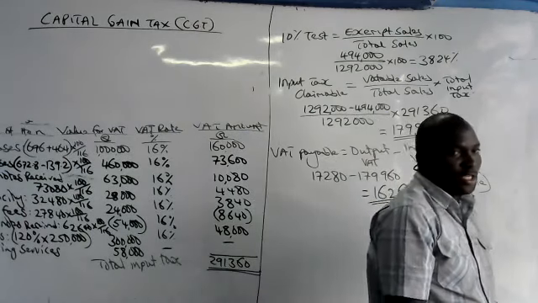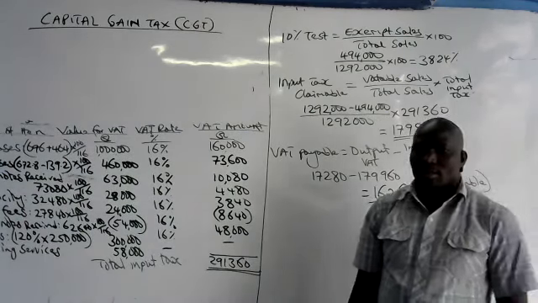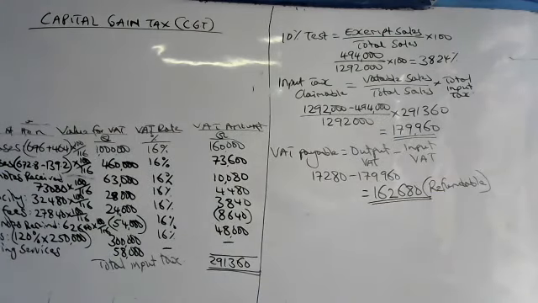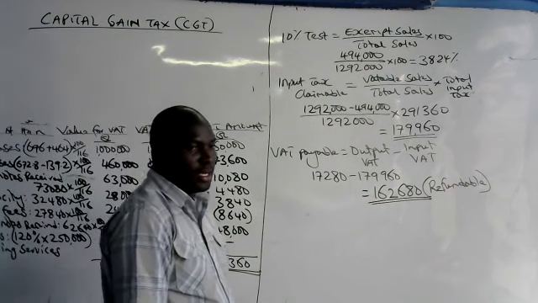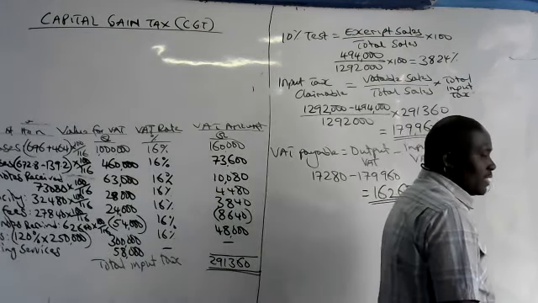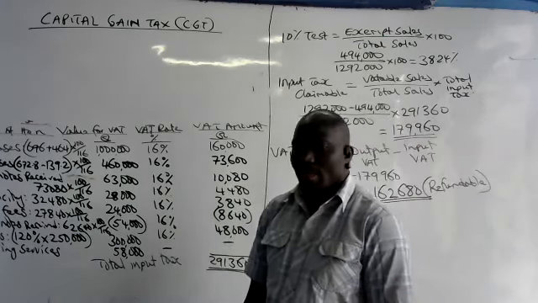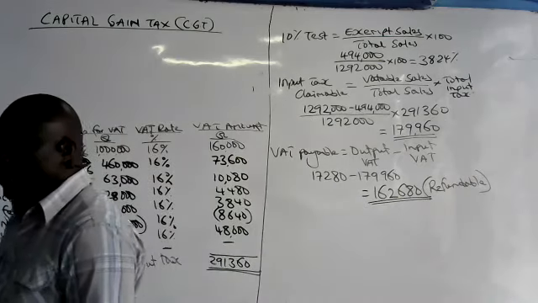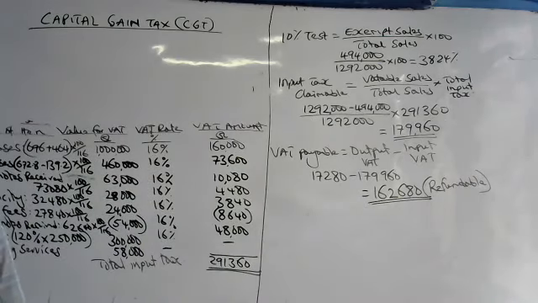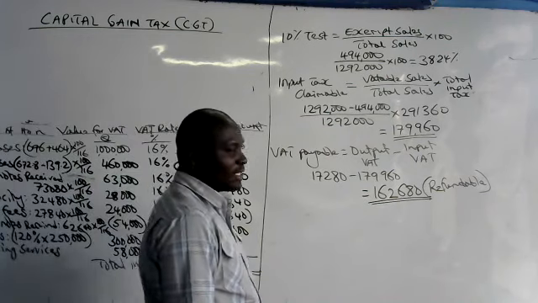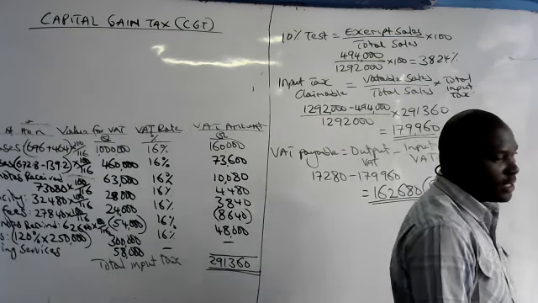Capital Gain Tax, CGT. We say it is tax charged on gain, stroke profit made. This is tax charged on gains from profit made on transfer of capital items, such as land,